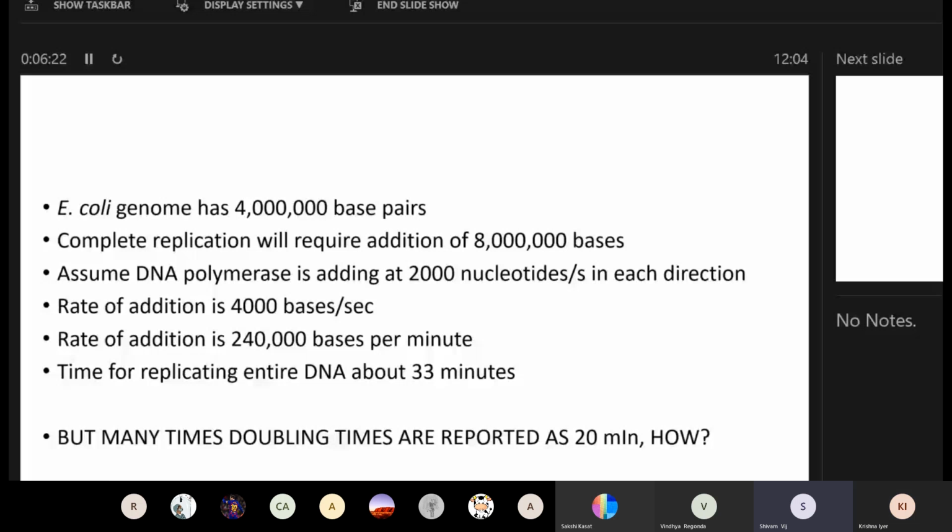There was an answer in the chat box from Vidya. She said it may be because there are more replication forks. No, see, if you look at what I just said, each circular DNA has only 2 forks of replication, because in E. coli